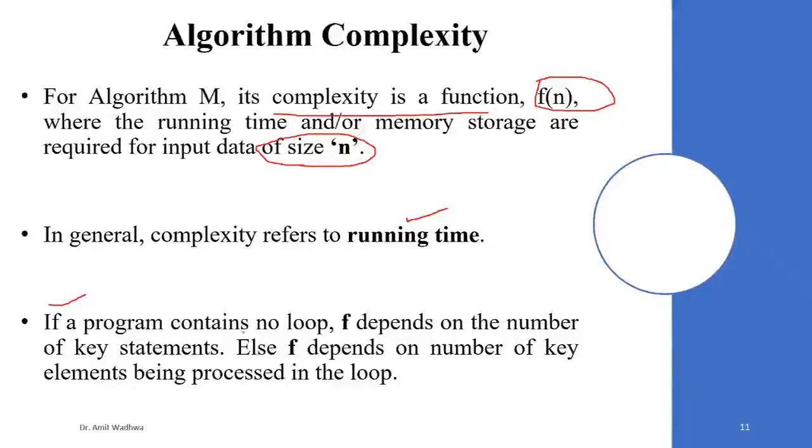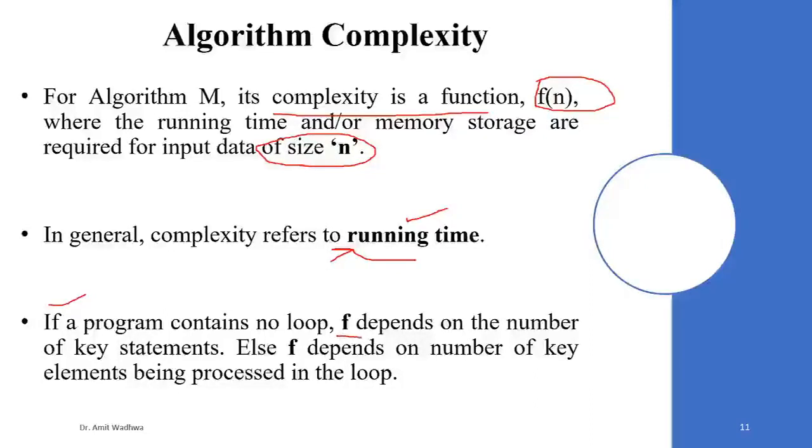If a program contains a loop, because generally we have certain programs which can have loops, and there can be some programs which don't have loops. Loops are a different type of structure which contain n number of statements based on the ending or the counter of that loop. So in normal programs, if a statement is there, it can be executed only once, but looping statements are executed n number of times as per the size of that loop. So there is a difference while calculating the running time of a particular algorithm for programs with loops as well as programs which don't contain loops.